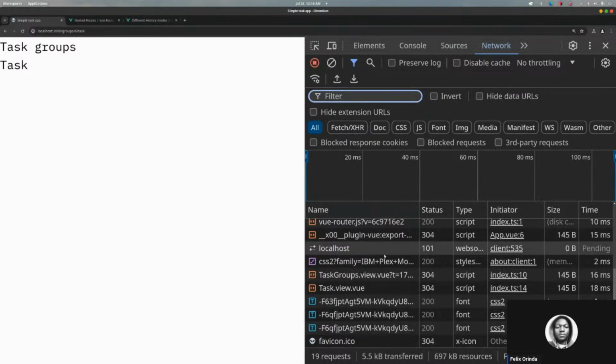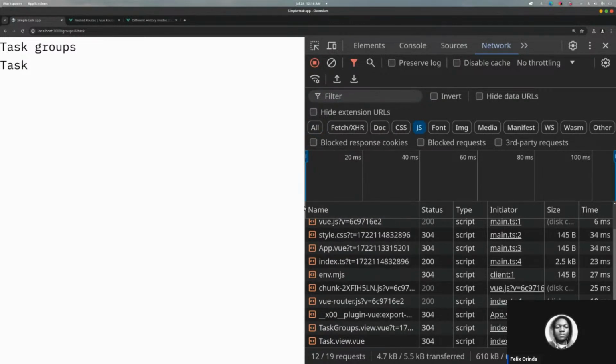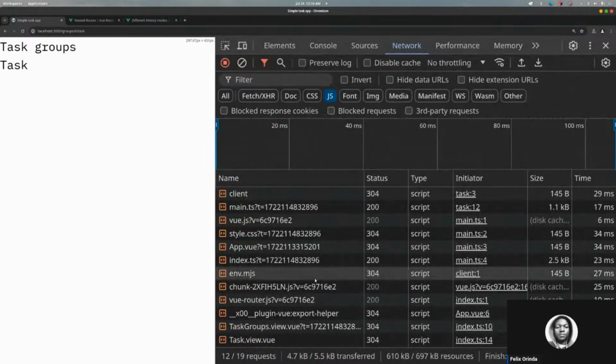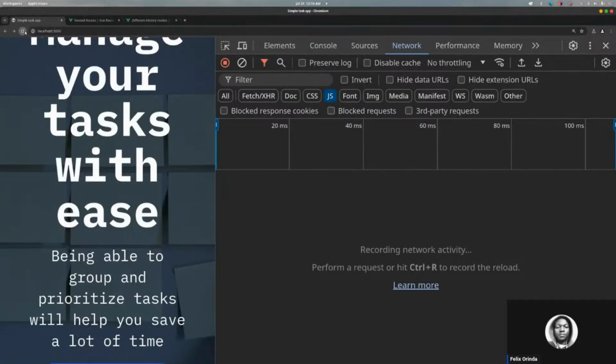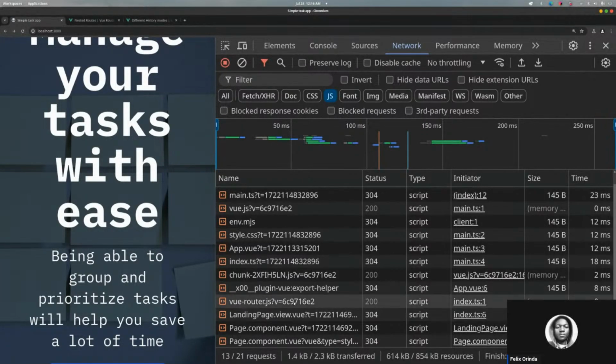The network, link network is a display to check the JS. So if we go back home, we refresh, you see we get app is mounted, the data is mounted, page component. Okay, so we have mounted the landing page,